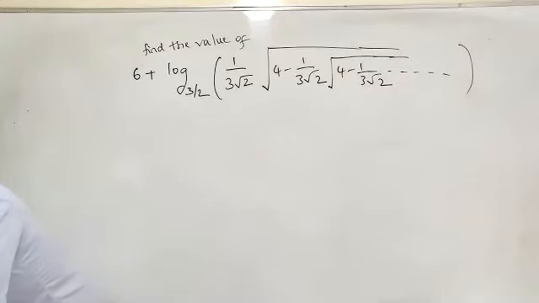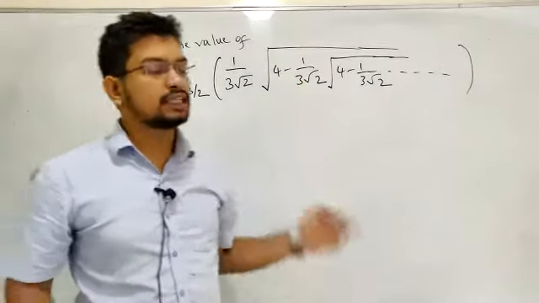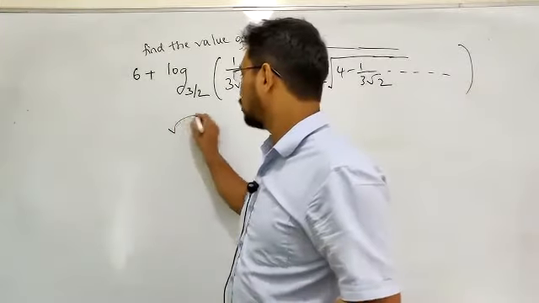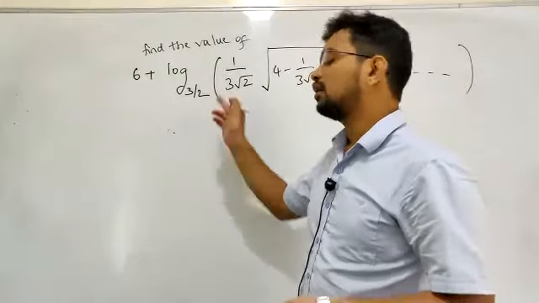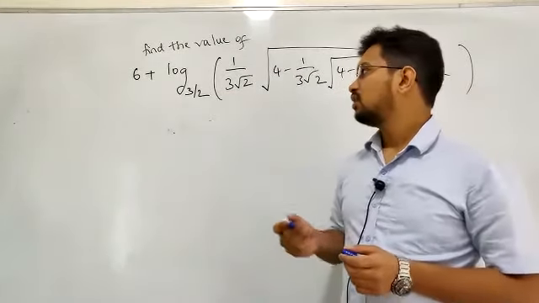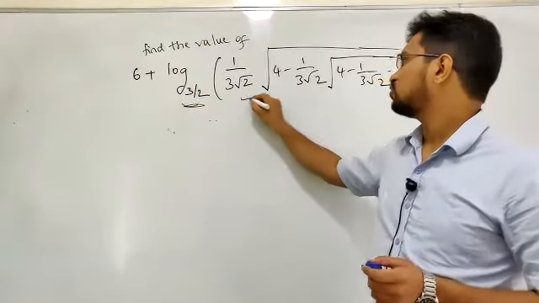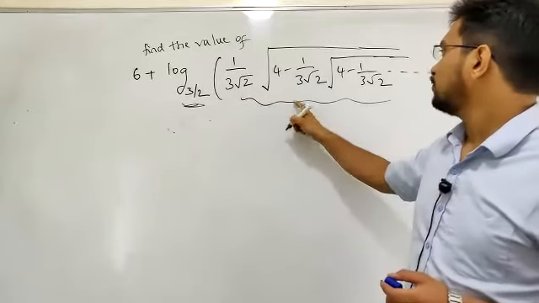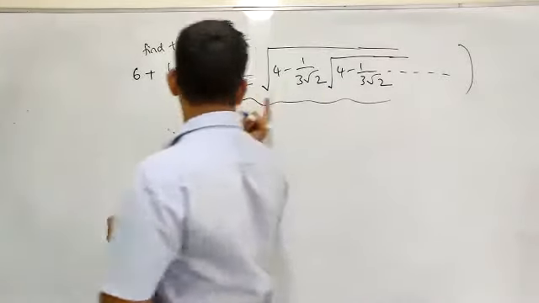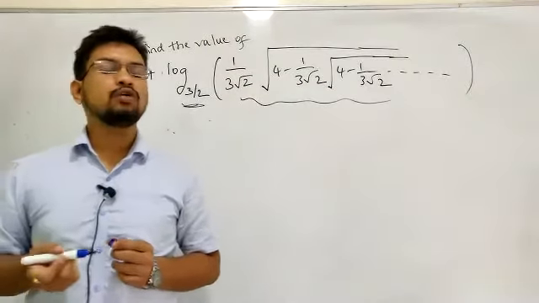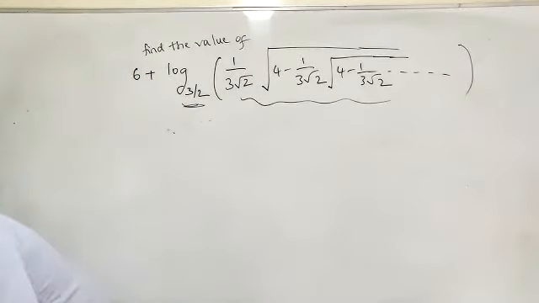This is a very simple problem which we have already discussed. Whenever such a sequence is given, I told you how to solve such a thing in the chapter of quadratic. We have solved one problem of this kind, under root of 1 plus such a problem. This problem has to be approached in the same way. This is not all about this value. This value can be easily obtained. It's all about simplification of this particular value, only this inner part. Once you can simplify this inner part, the problem becomes much simpler than you think.